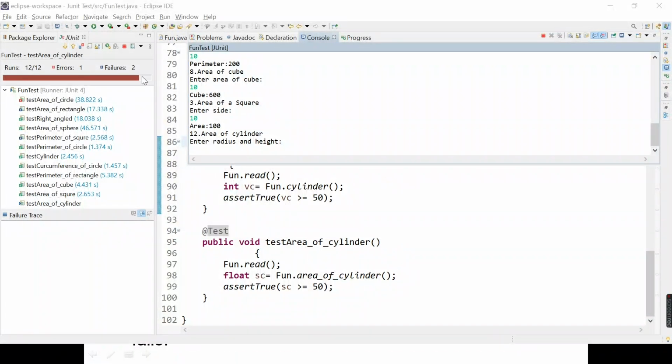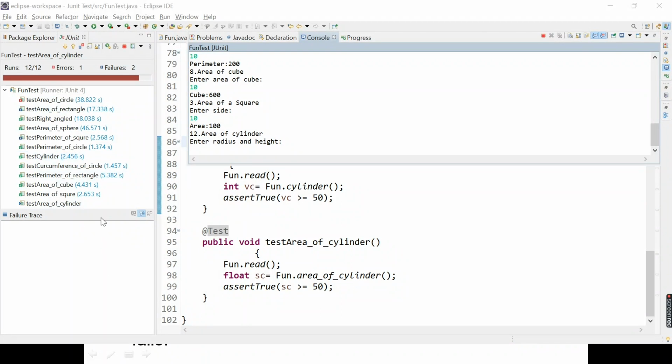Initially we have entered 1 error, and I have entered 2 wrong values where the calculation comes as less than 50, so failures are 2, and the remaining 9 are executed as positive test cases, that is pass test cases, right? So these 12 altogether are considered as a test suite, and each individual one is considered as a test case.